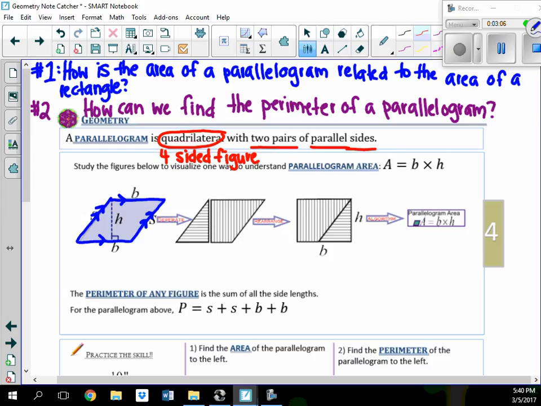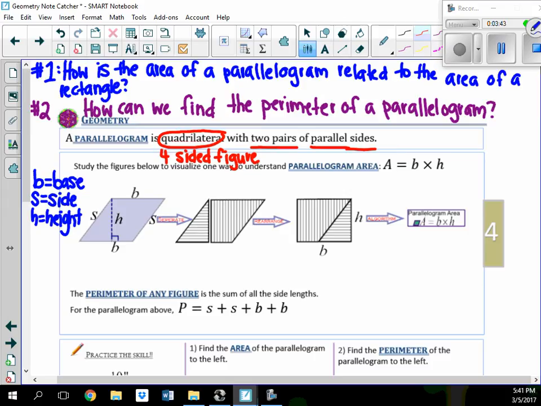So let's talk about our first goal here. How is the area of a parallelogram related to the area of a rectangle? Well, let's check this parallelogram out. We have a couple of letters here, and let's talk about what they mean. We have a B, and that's going to stand for the base of the parallelogram. We have an S, and that's going to stand for the side. And we have an H, and that's going to stand for the height, or how tall